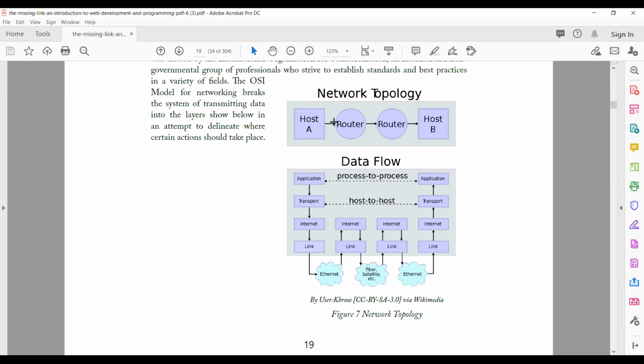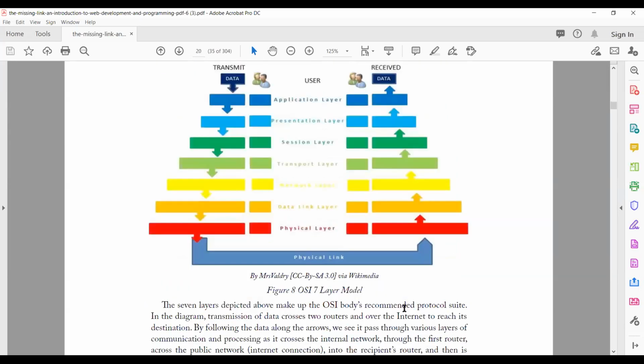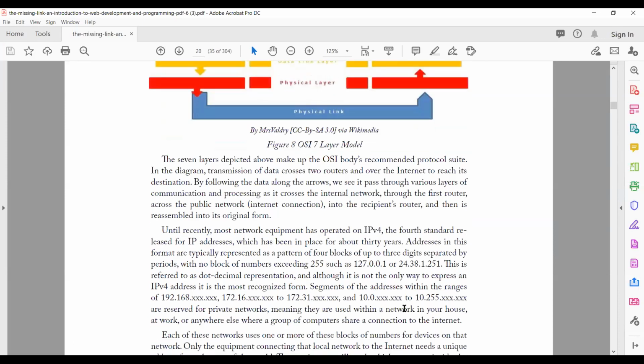So yes, this is a very simple topology here, but this happens over and over again, this middle part, just so that your data or whatever you're sending out will get to the destination. And that may be a lot more than you really need to know. But anyway,